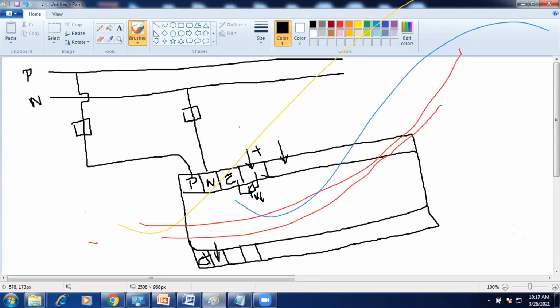In that input side, we were discussing only switches. Now I am considering a sensor. The sensor may be an NPN sensor or otherwise a PNP sensor. So how can we connect here? First I am considering the PNP sensor.